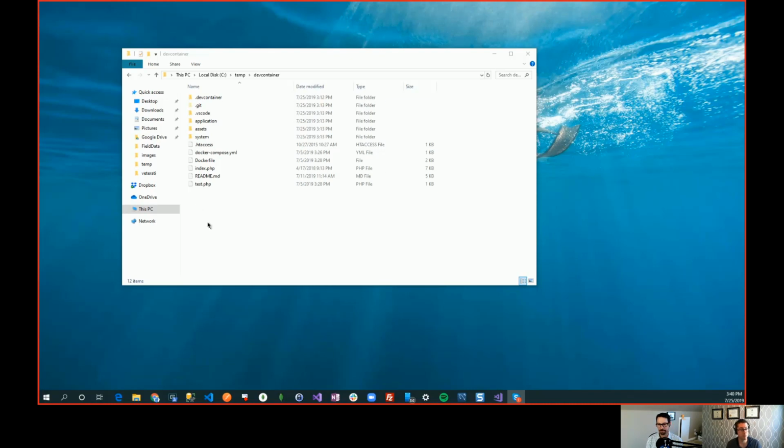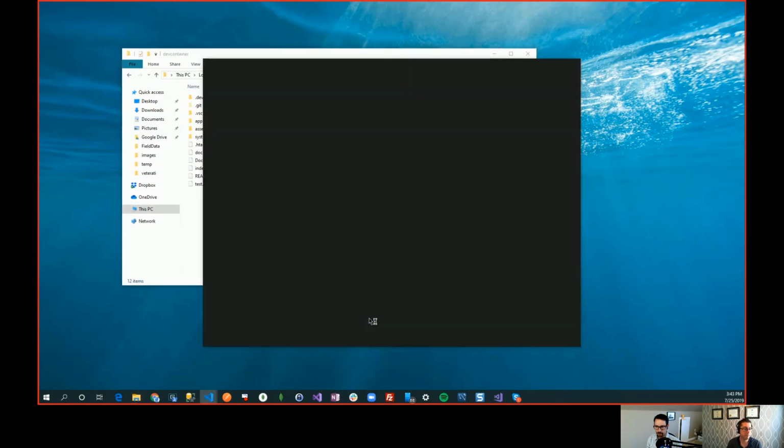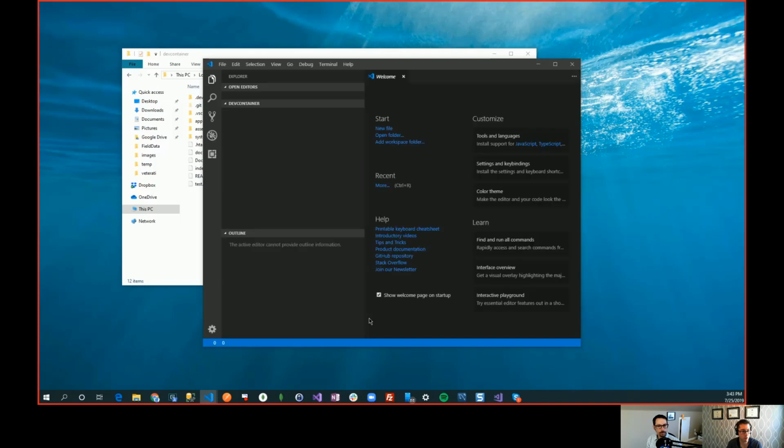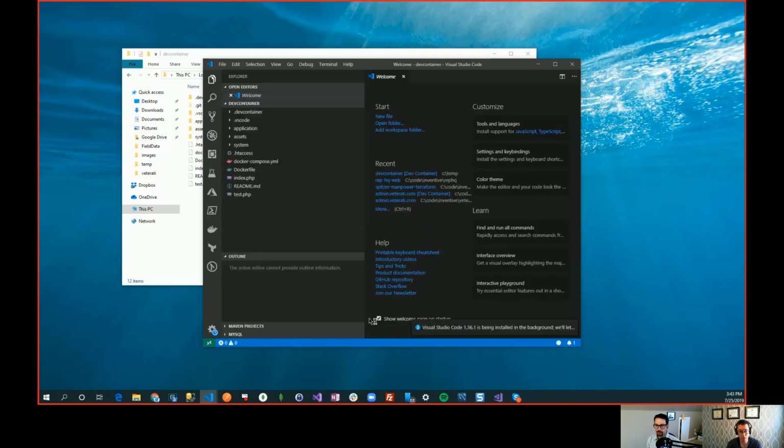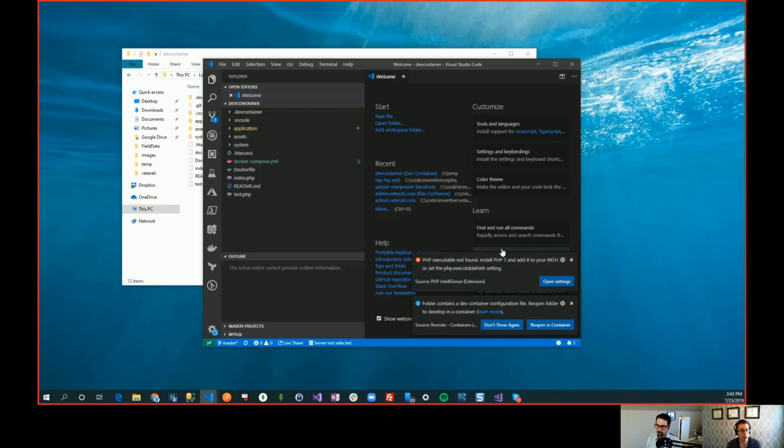But anyway, this is a project here, and this one happens to be a PHP project, but this could really be any technology. So I'm going to hit Open with Code, and that's going to open up Visual Studio Code, and I don't have PHP installed on this machine. So that's going to break a bunch of stuff inside of VS Code here. We can see here that PHP executable was not found, and I need to install the PHP executable in my path. I don't particularly want to do that, but what I do have the option of here is the folder contains a dev container configuration file, and I can reopen Visual Studio Code using that container. So let's hit reopen container,